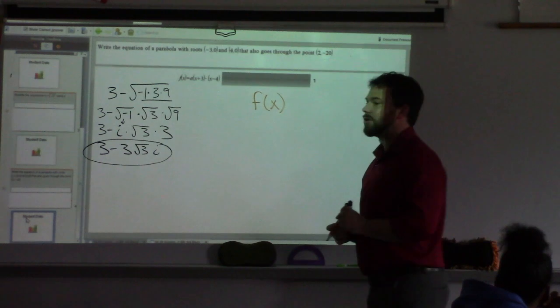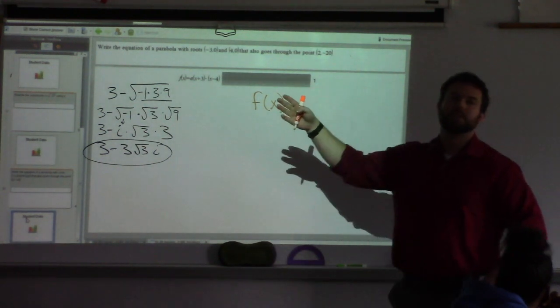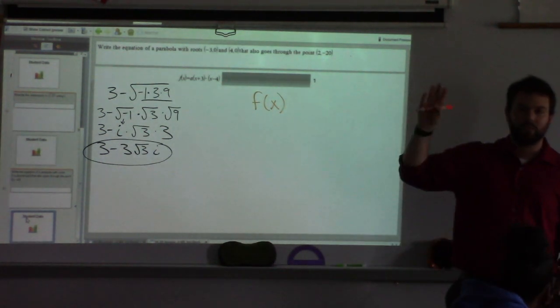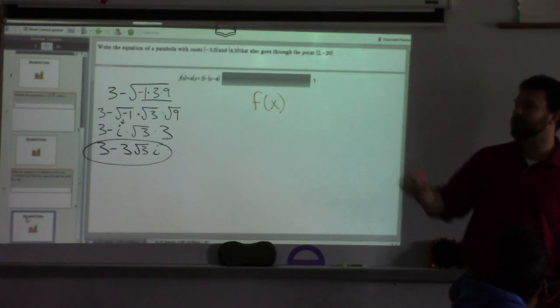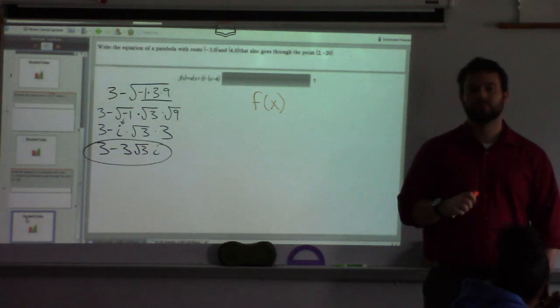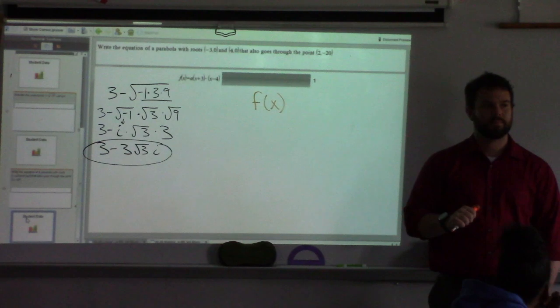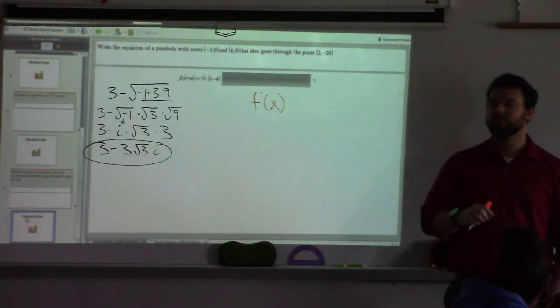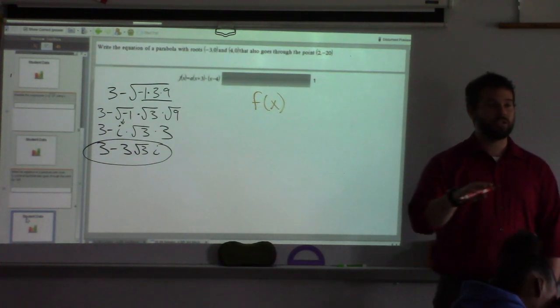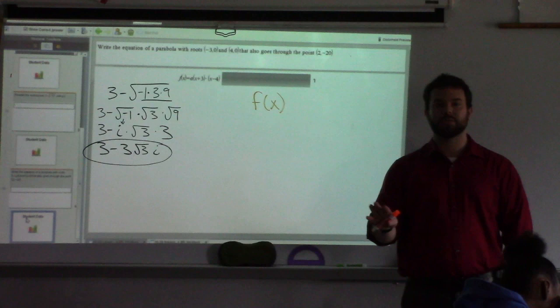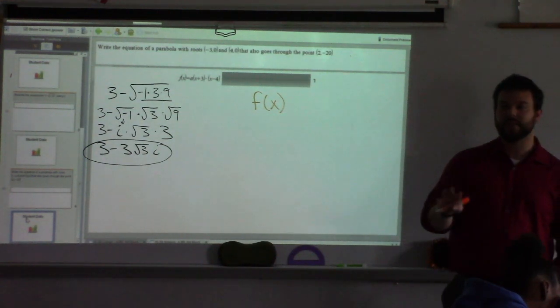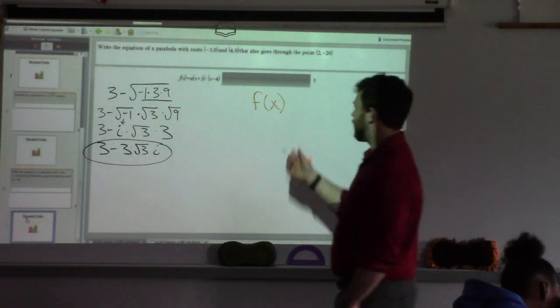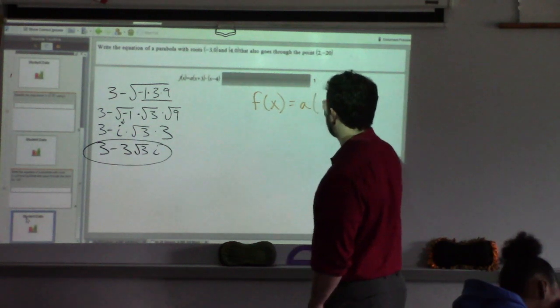Now, a lot of us are trying to write the equation right away. Before you write the equation for this function, what do I recommend you do? Whatever happened last, you do it first. Write the form of it. Write the general form with nothing being substituted in. What is the factored form of a quadratic equation? A, and then parentheses x minus r1,